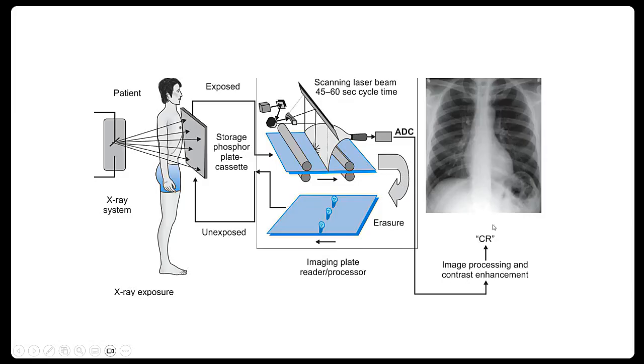We can post process the image with the help of the computer. Okay, we can do the processing and do the contrast enhancement. There are multiple post processing options available in a CR system. And once we get the image, we'll do the erasure, and the imaging plate or the reader is ready for the next study. Okay,